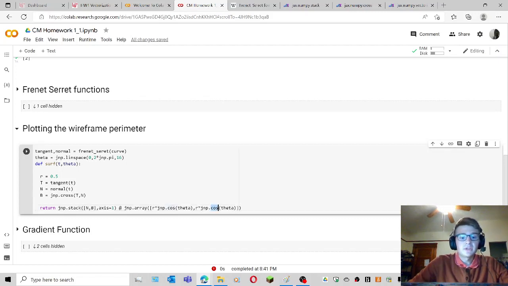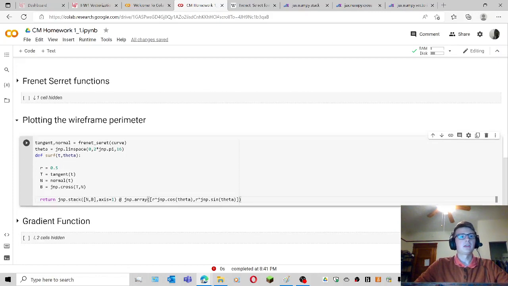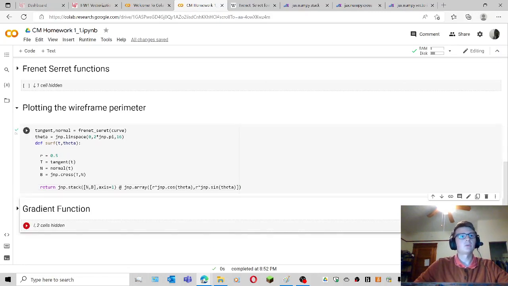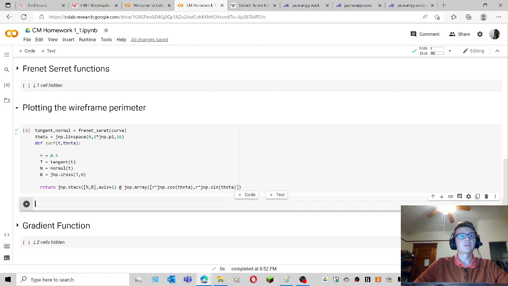There. It would be sine of theta. So sweet. I have all of this generated, and let me go ahead and run this and see if I get any weird math errors. I don't. So now if I were to go ahead and start another code cell, I will say maybe surf